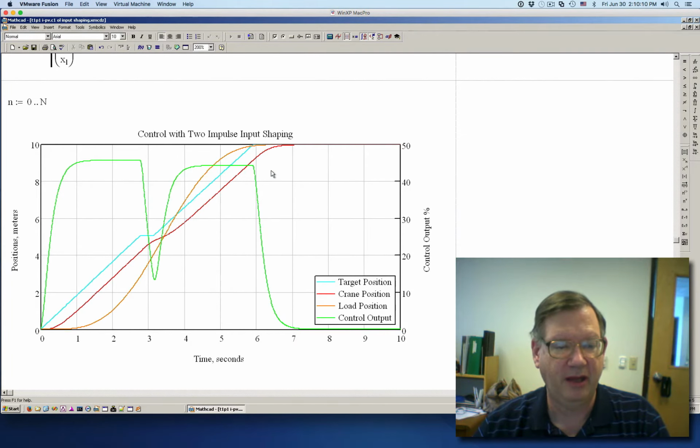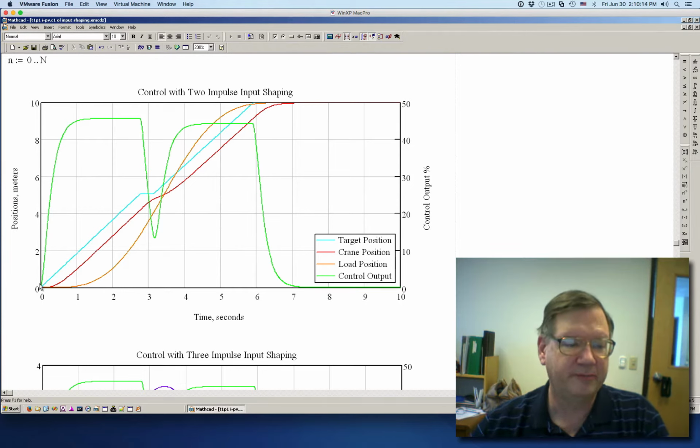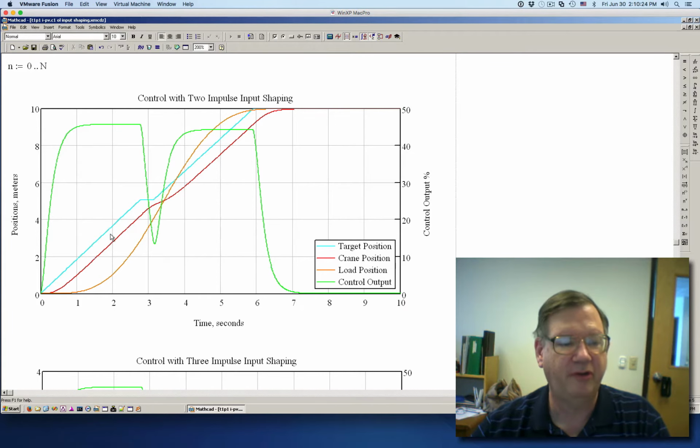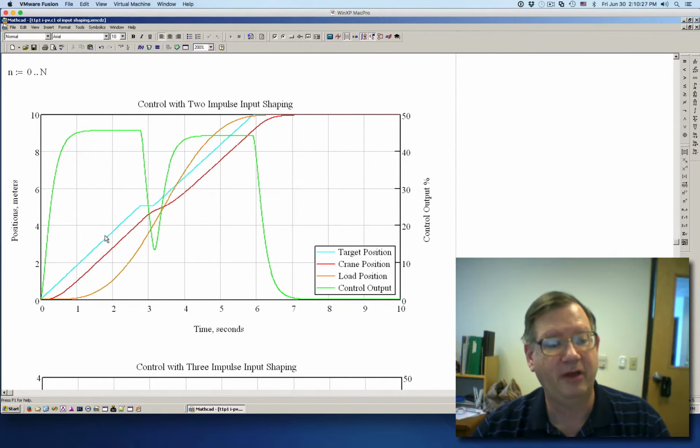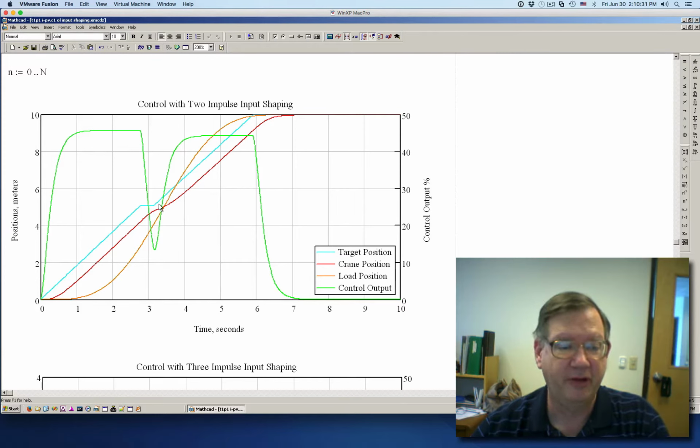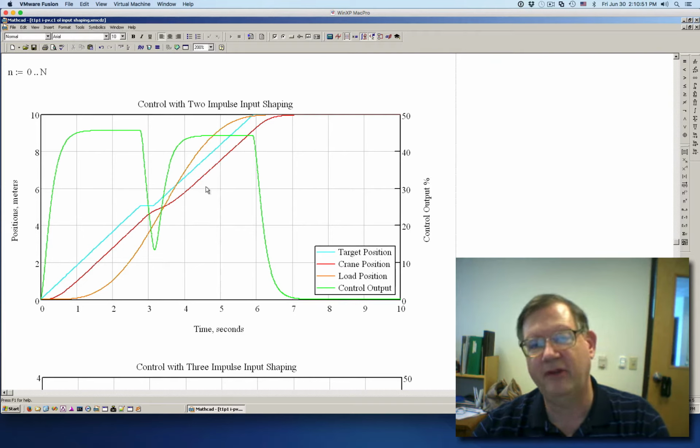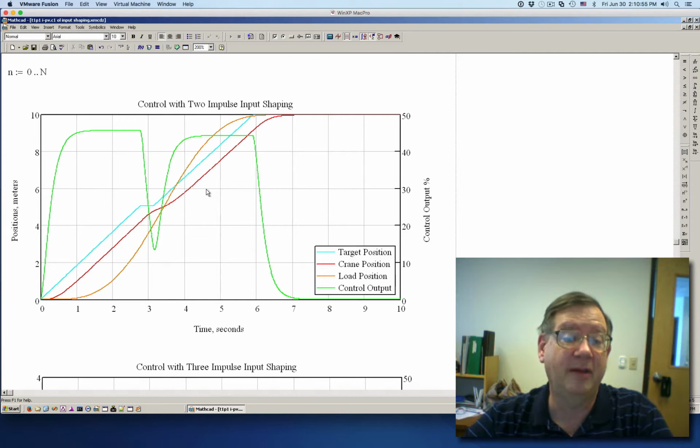So now you can see the two impulses. The first impulse is here, and then it doesn't move, and then the second impulse is here. You can see the position increasing at a linear rate because I don't have any accels and decels, and then it just abruptly stops. And then it carries on until I get to the set point of 10 meters. The red line is the crane position, and it's using the PID to follow this target, this shaped input. And you can see that it lags behind a little bit because I'm not using feed forwards, and I don't have the gains cranked up very high. I told it to have the poles